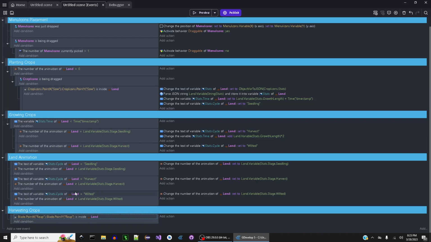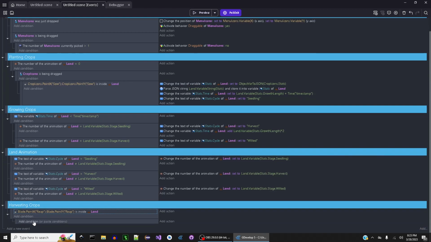Okay, so what do we want to do? Well, there's two things we want to do. So one would be change the animation, and two would be play some sort of animation that signifies that we just harvested crops. So let's go ahead and add a new event,